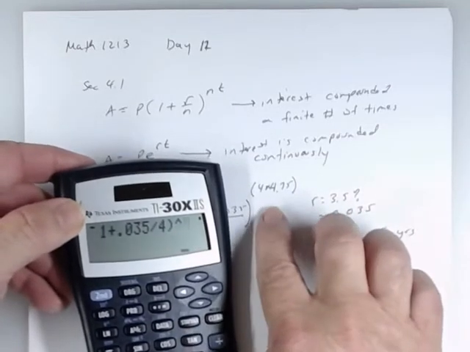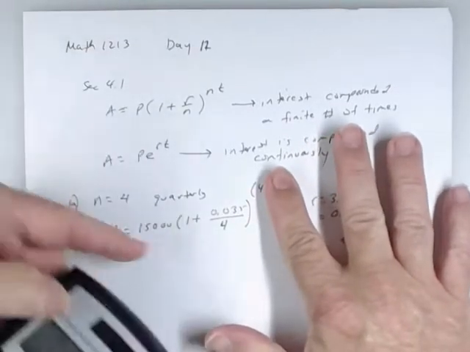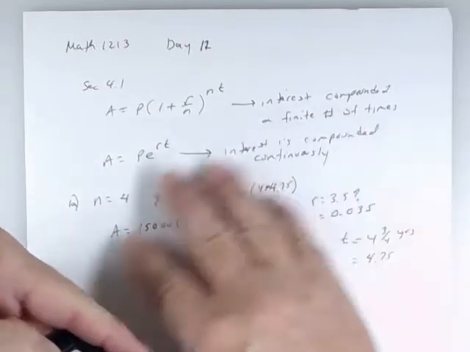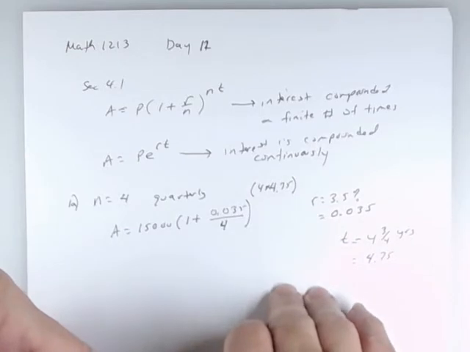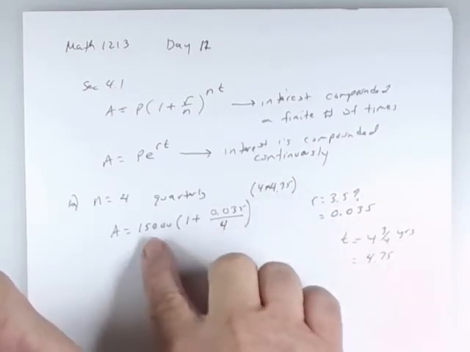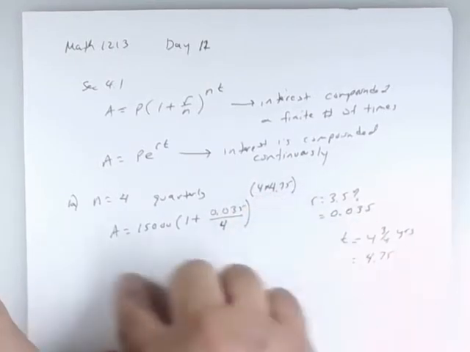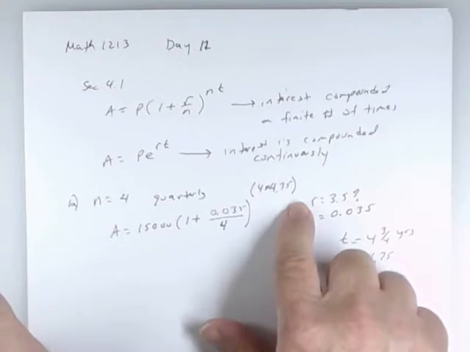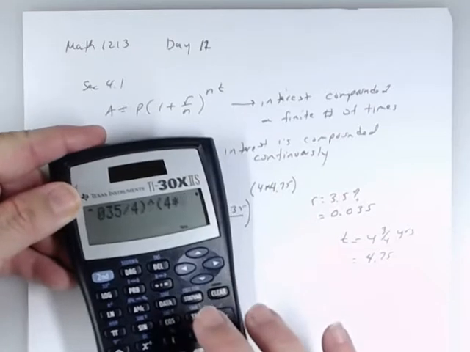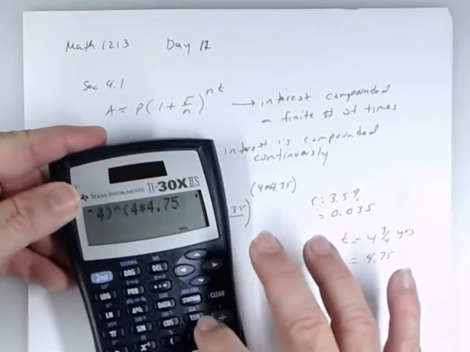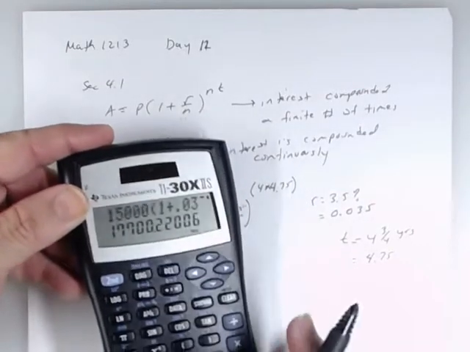No, if you say 4 times 4.75 without it being in parentheses, what it's going to do is raise this only to the 4th power and then multiply the whole thing by 4.75, which is not what this is. Okay? So remember, if you don't put that in parentheses, it will raise what you just put in to that 4th power, and then multiply the whole thing by that. And that's not what we're doing here. All right, so we need parentheses. So parentheses 4 times 4.75, close the parentheses, press equal, and 17,000